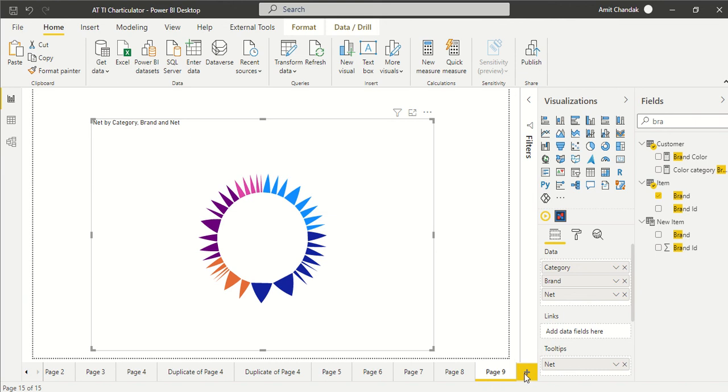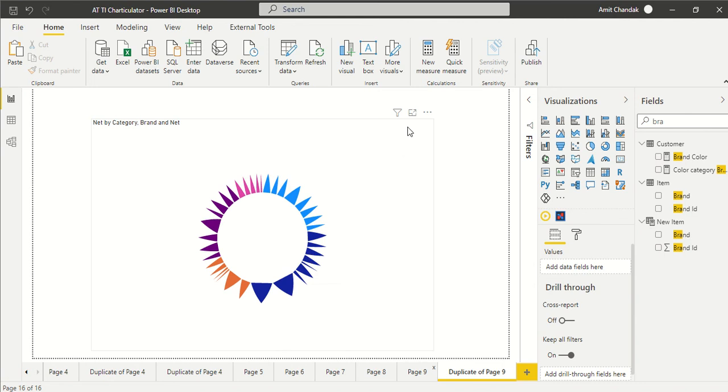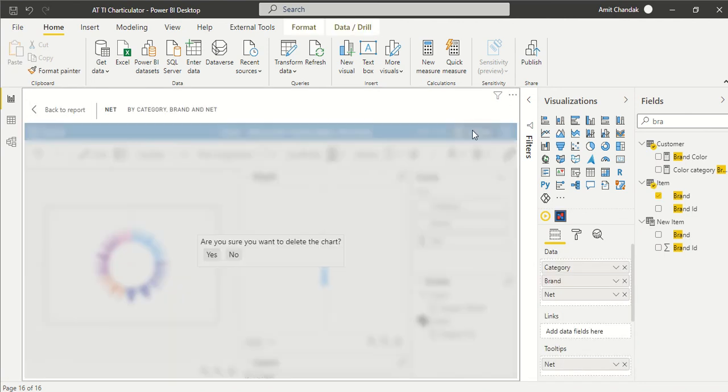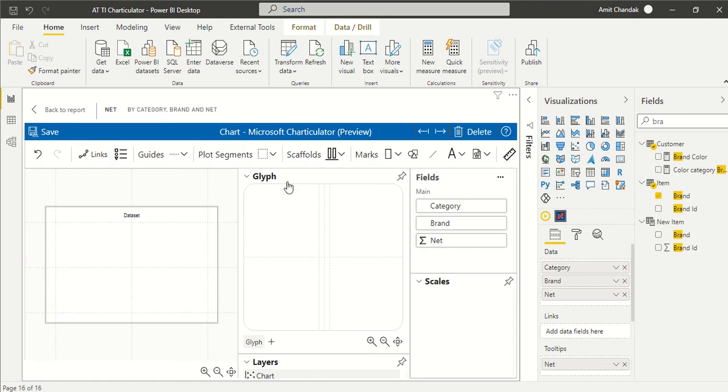So what we can do is, quickly we'll go ahead and duplicate this page, and I'll tell you one easier way. So I'm going to duplicate this page. I got the duplicate page. I'm going to edit this visual, but after edit, I'm not going to use this visual. I'm simply going to say delete. So I'll lose all the plot, whatever things I've done,